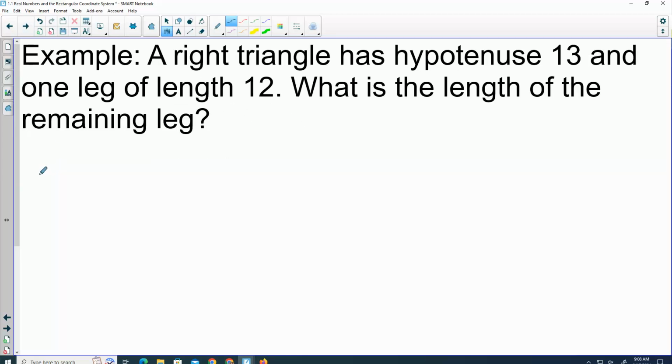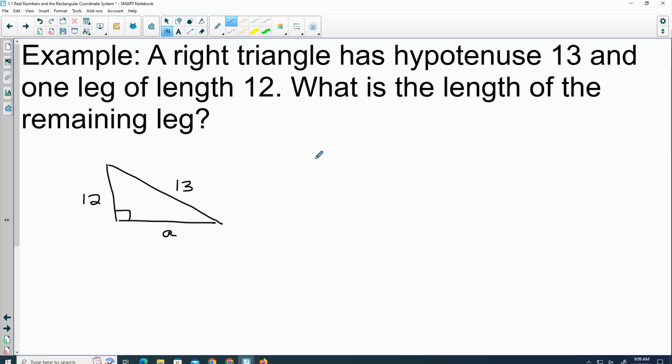Let's look at this one. A right triangle has a hypotenuse of 13 and one leg of length 12. What is the length of the remaining leg? So, if I'm talking about a triangle, I'm probably going to draw a picture. Right triangle, so we have a right angle. The hypotenuse is the longest side, the one across from the right angle. That's 13. One of my legs was 12. So if I'm trying to find my other one,